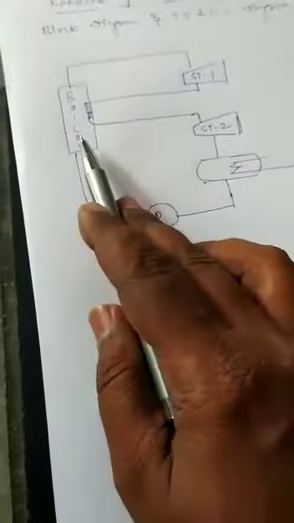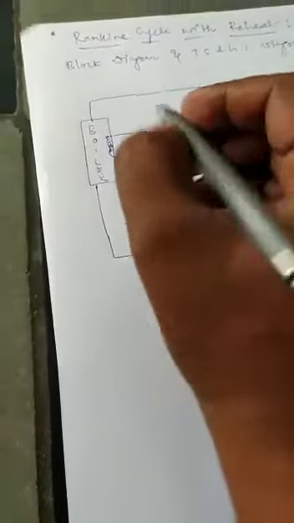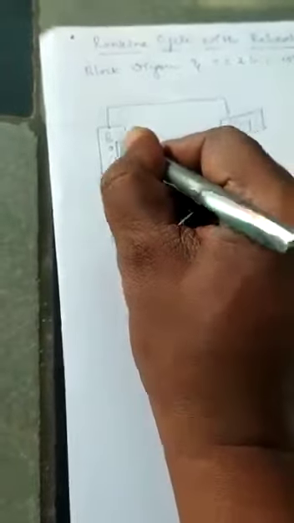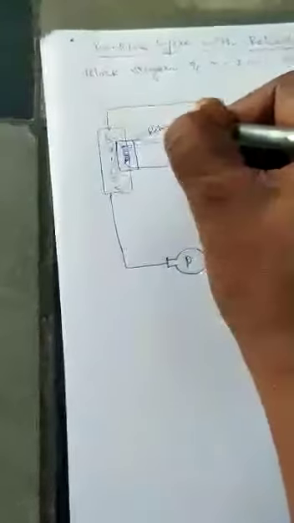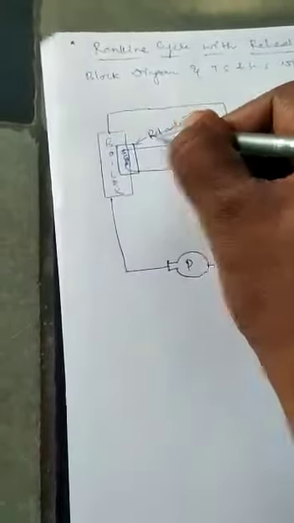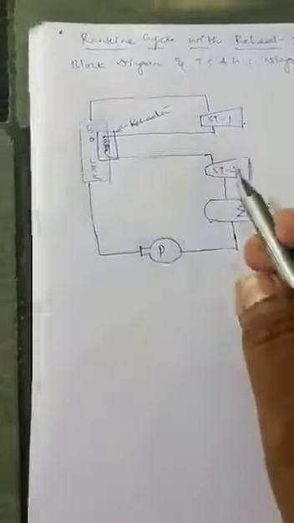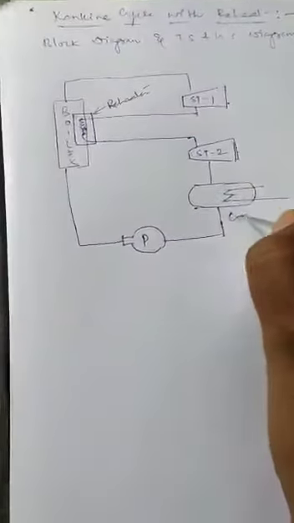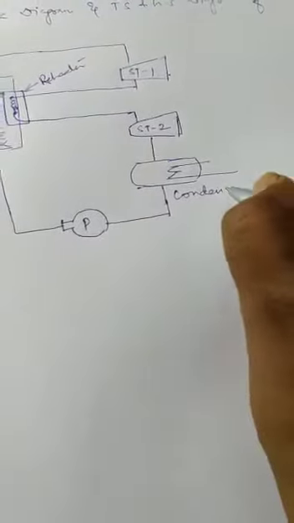So it consists of the boiler, steam turbine 1, or we can consider the HP turbine and LP turbine also. From steam turbine 1, this is the reheater device. We are adding an extra device here. Next steam turbine 2, next this is the condenser and pump. Show the arrow marks for the flow of working substance, and also mark the processes.